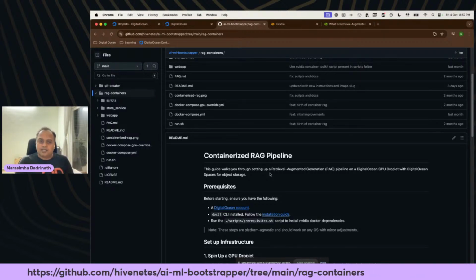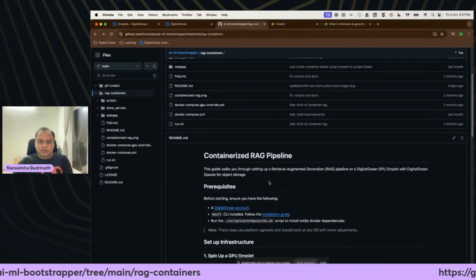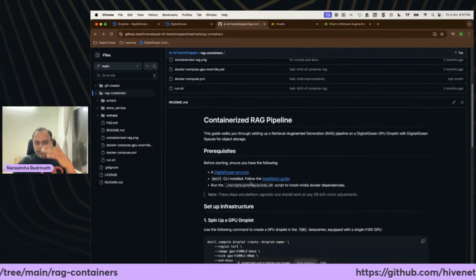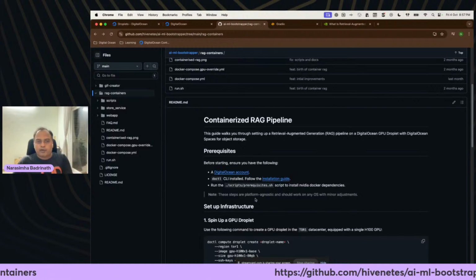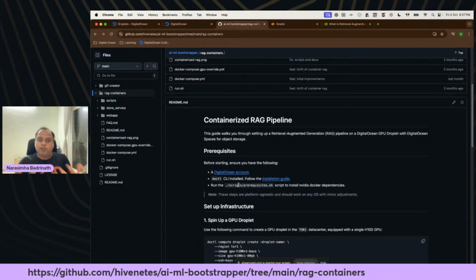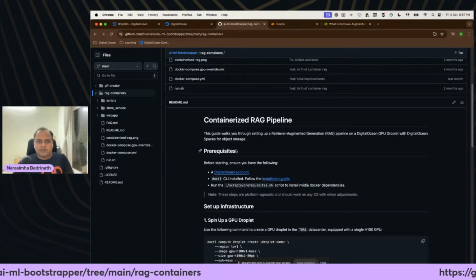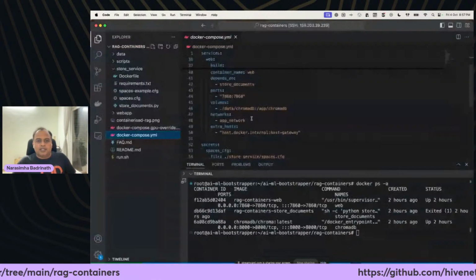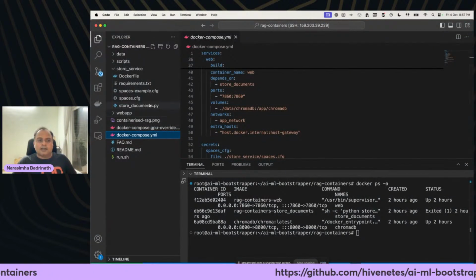Where we are going to deploy is the next part, because it has to work and we should be able to access it. So this is it. It takes the route of deploying to GPU droplets, which I talked about. The GPUs are very important for this, because in this particular case, if you have observed, we are using Mistral as the